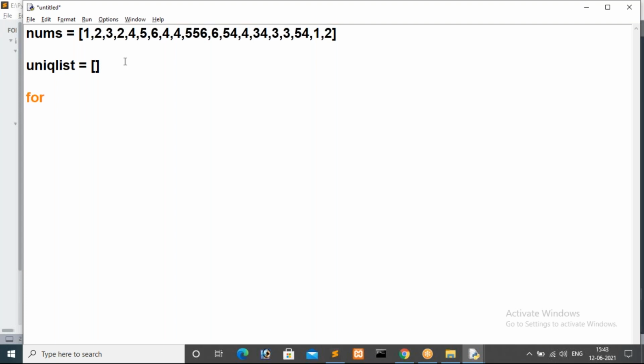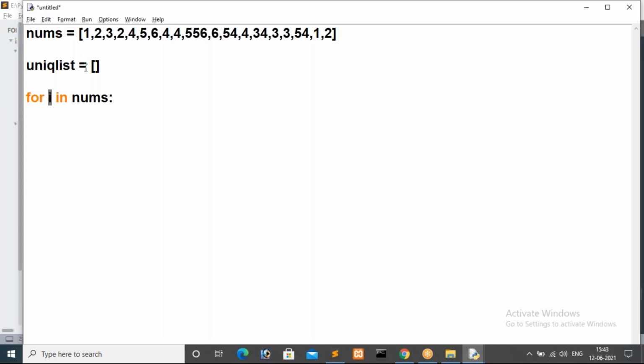So see here, for I in, so what is the list here? I mean, the list iterator I'm going to use: for I in nums. Now we are getting a value. Right now in the first iteration, what is the value inside I, guys? In the first iteration, what is the I value? That is 1. Now where do I have to store this I value, guys?